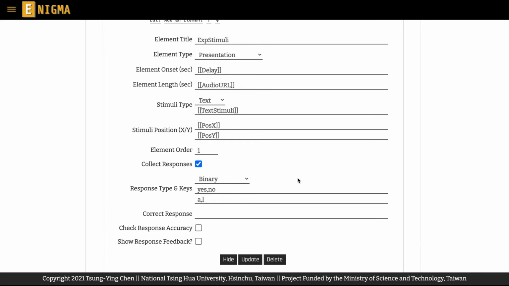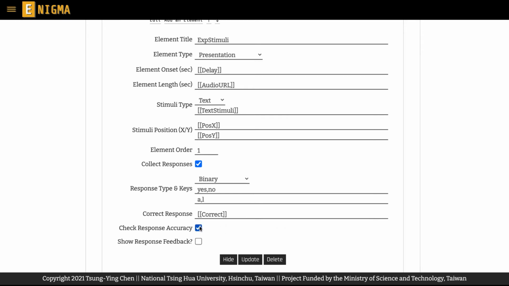Then, you can choose to set a correct response in the correct column as the first step for Enigma to calculate response accuracy for you and your participants. It is very likely you need to set correct response keys dynamically by referring to the correct column in your stimuli list. In this case, simply enter correct in double square brackets in the correct response key column. Note that regardless of whether your correct response key is fixed or set dynamically, the correct response key must be among the response keys you choose for an element.